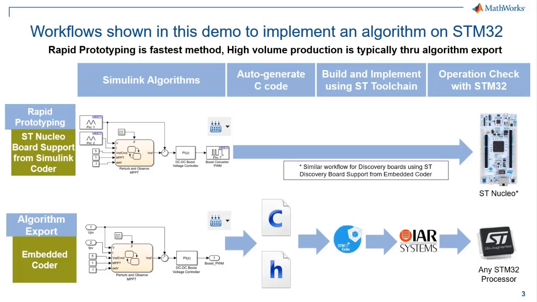The other approach we took a look at is the more customizable approach, which is an algorithm export approach. This uses Embedded Coder to take a portion of your Simulink model, which could be an algorithm, a deep learning algorithm, or any routine that you've created, and converts that to ANSI standard C code that we can then take to another compiler, integrate into a larger project, interface with drivers directly in that third-party IDE, and compile to a processor. So if you need additional flexibility, have some existing code for a processor, or are dealing with, say, a new processor where there's no hardware support package, you can still export that algorithm and interface directly.